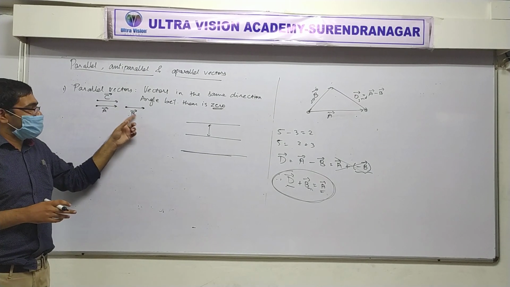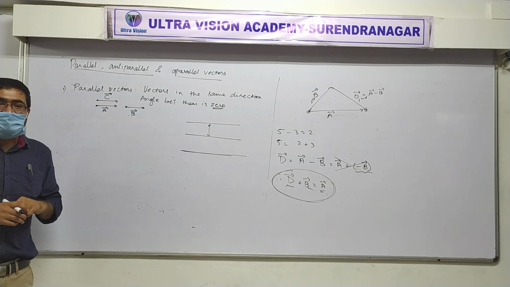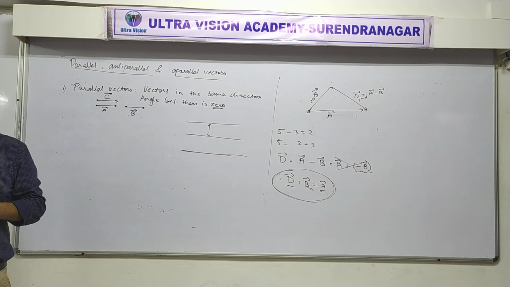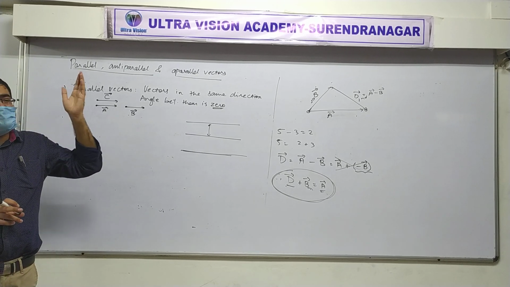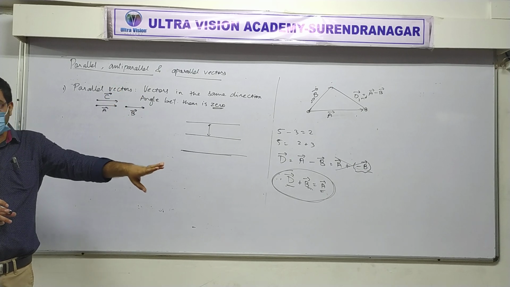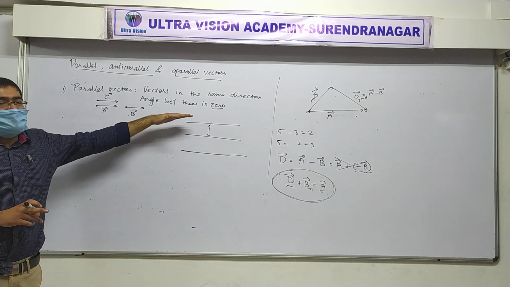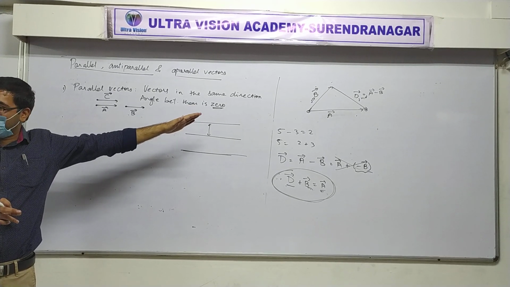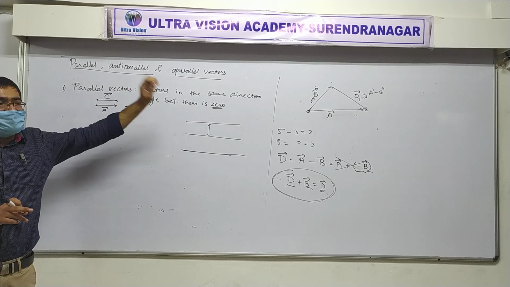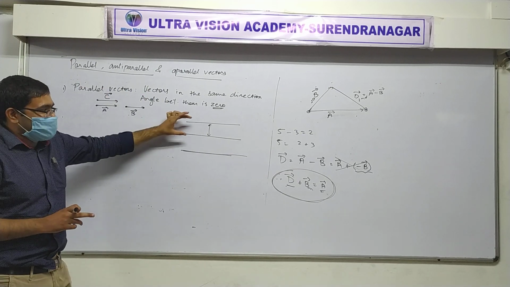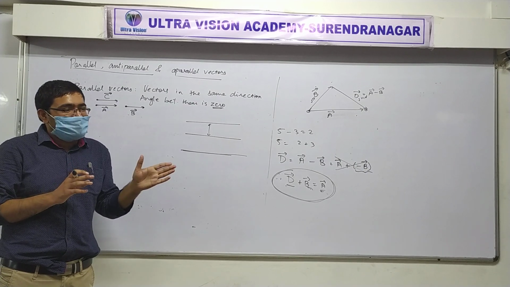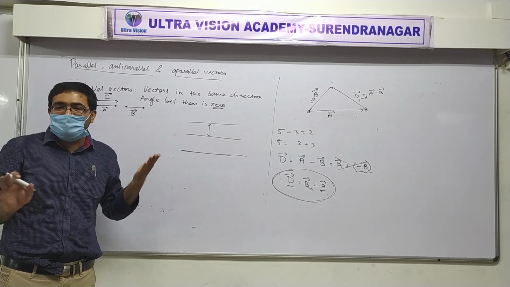Are A vector and B vector parallel? Yes. Why? It is written, read it and you will understand. Same direction. The vectors are in same direction. So they are called parallel, even if they are on the same line. Even if they are on the same line, then also the vectors are called parallel. Because the meaning of parallel vectors is not like lines. It's just about one thing, direction. If directions are same, the vectors are parallel. Nothing else.